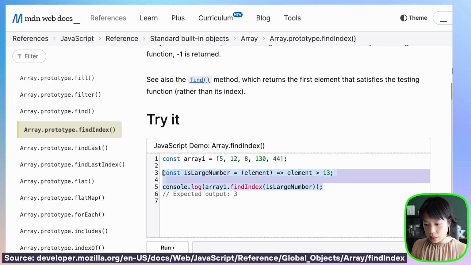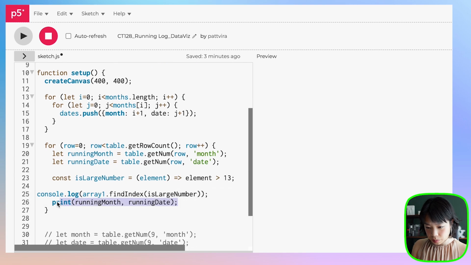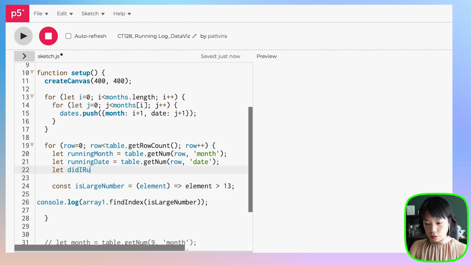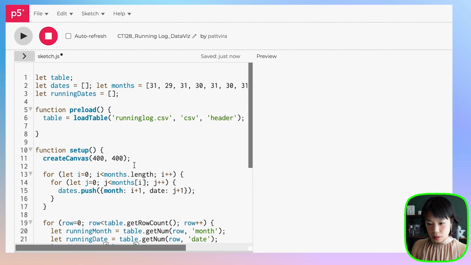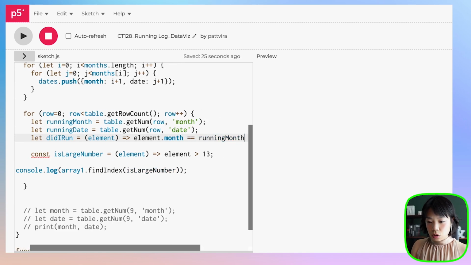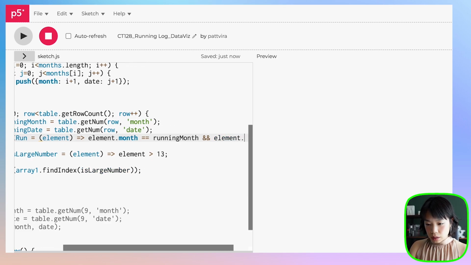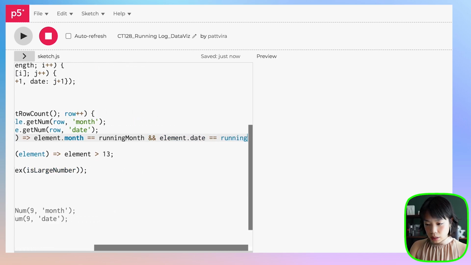So I'm actually going to copy and paste this and use it as a reference. All right, how about we put it inside here? All right, we don't need this. Did I run? And if element, which is all of the elements inside the dates array here, right, which are objects with month and day as the data, right? So if element, and then if element is what? If element dot month is equals to running month. So if whatever is in the dates array matches with the running month, which is us going through the table, and element dot date is equals to running date,